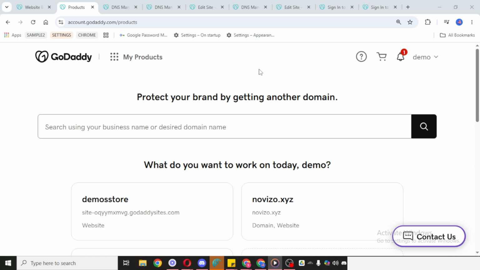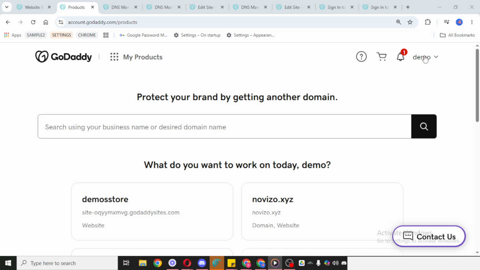To begin, open your GoDaddy account and sign in. Make sure you're using the account where your domain and email products are already connected. Once you're inside the account dashboard, look for your profile section. This is usually located near the top area of the page, and it gives you access to your account options and purchased services. From the profile menu, click on My Products.